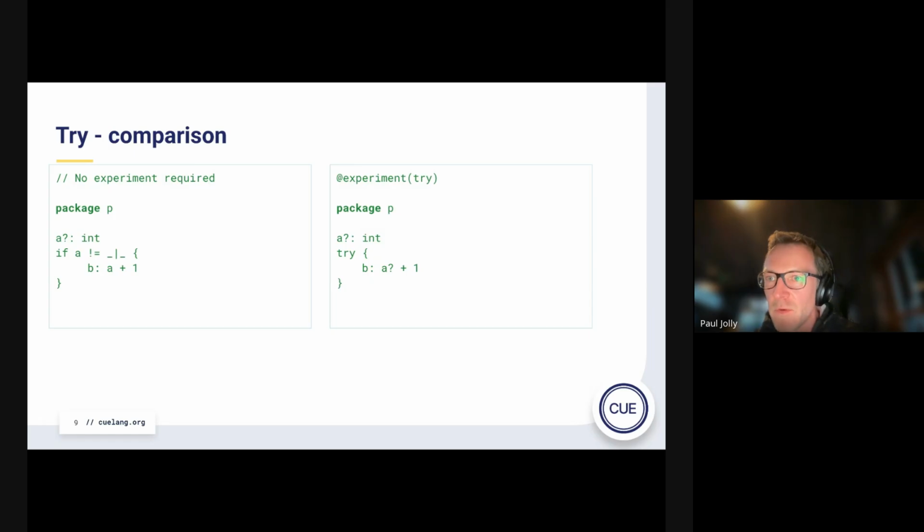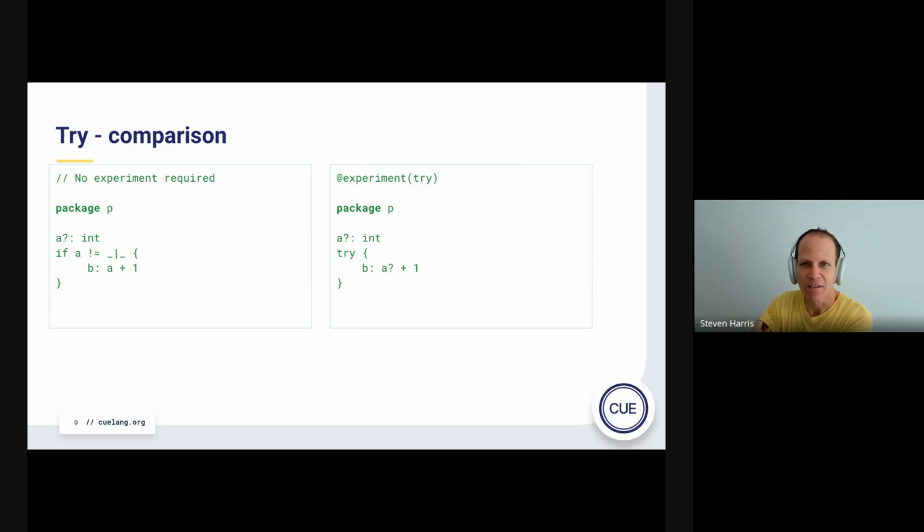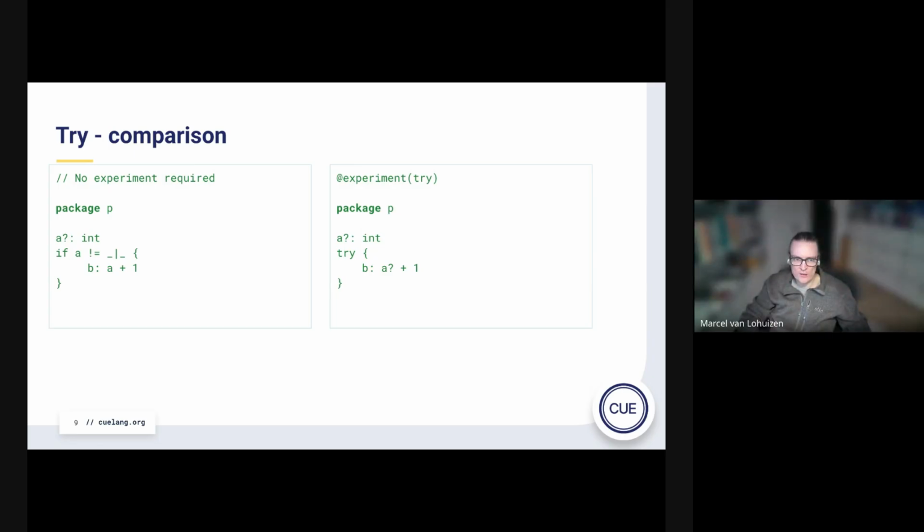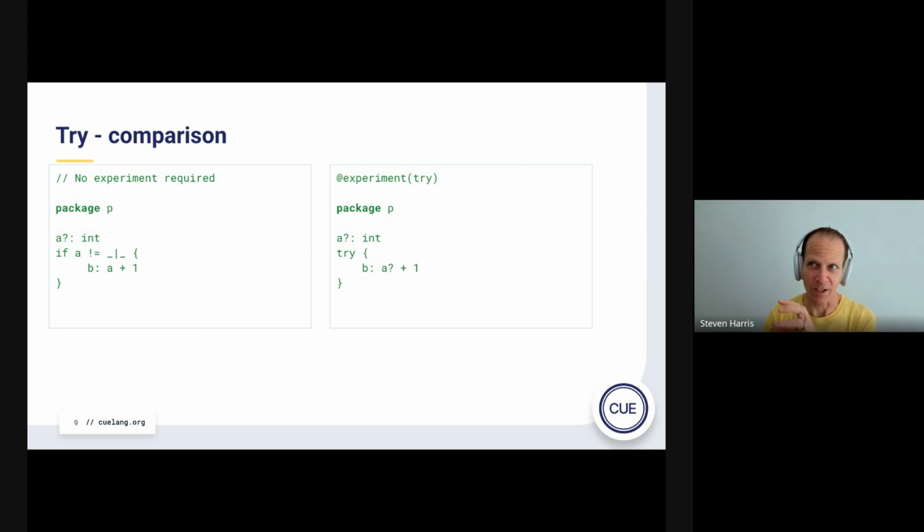I saw another hand come up very briefly. Steve. Yes. Can you nest tries? Does anything weird happen? Yeah, you can. The nested try becomes a new scope for the question mark. So only the question marks up to the point where a new try comes will count for that try. It's all nicely scoped, and there are tests in there to verify that. And so a failure of an inner try does not automatically induce failure of a containing try, right? Correct. Okay, got it.